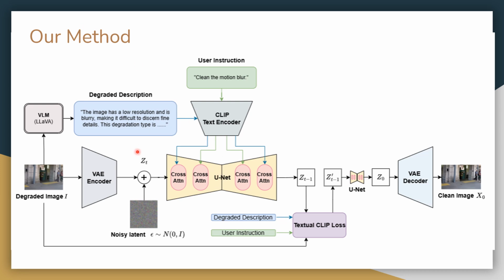This is the overall pipeline of our main approach. Fine-tuning or retraining the PromptFix model requires significant computational resources and risks affecting its pre-trained knowledge. Therefore, instead of modifying the model itself, we leverage the pre-trained PromptFix as our base model and introduce a loss function called textual contrastive loss, which can be seamlessly integrated into every sampling time step.